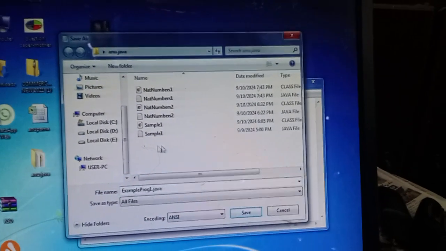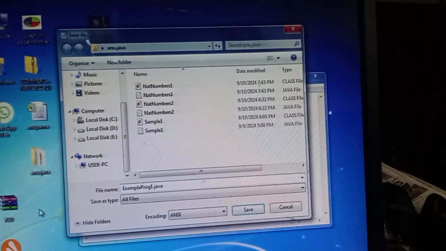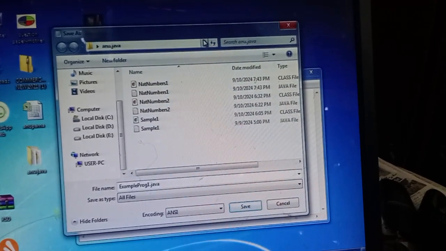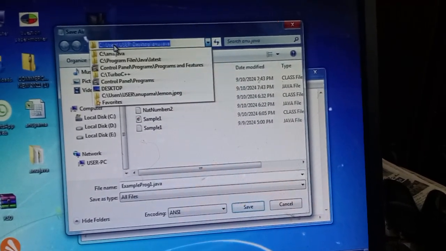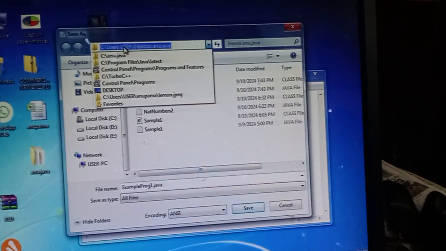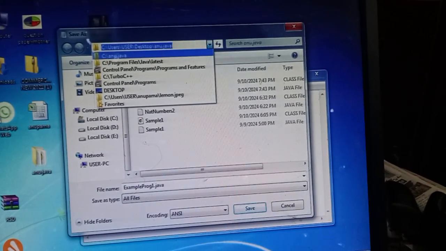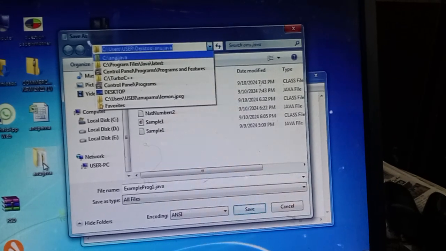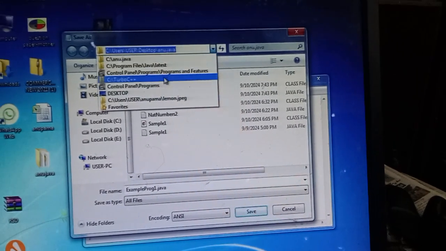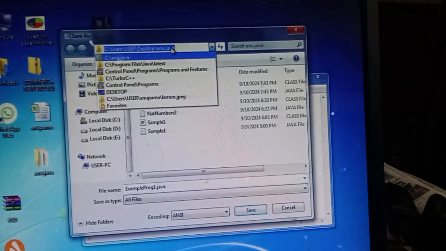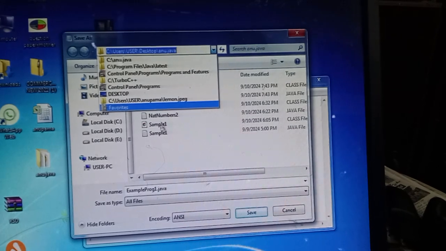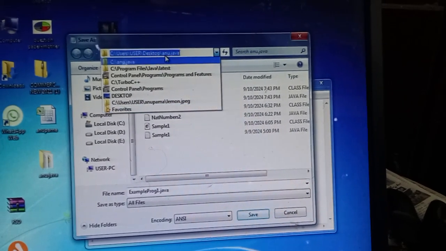And where you have to save, I used this path. In C I am having Users, and in Users I am having Desktop. On the desktop I created a new folder, that is anu.java. In that folder I am saving this. You can follow the same path.